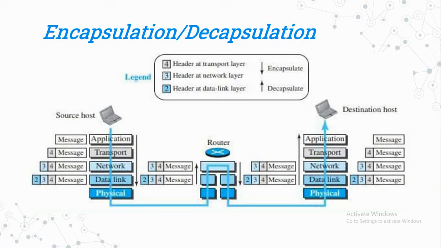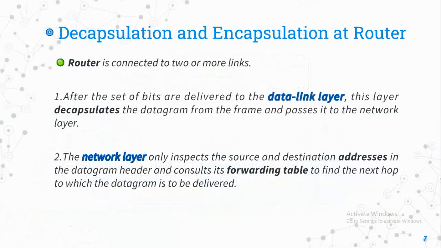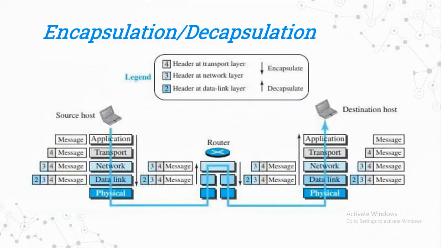You can see in the diagram, first, in the application layer, it is just a message. The transport layer adds its own header, and in the network layer, it adds its own header, and the data link layer adds its own header. In the physical layer, it is the frame. Here the encapsulation down arrow represents the encapsulation process going on. Data is transmitted.